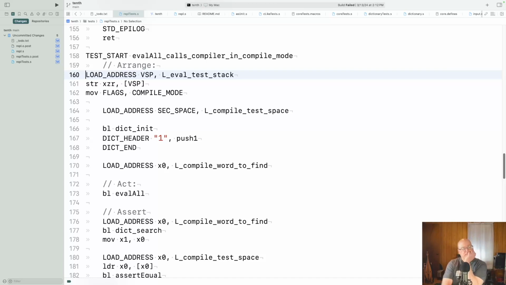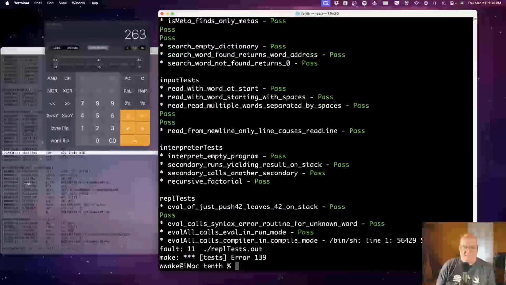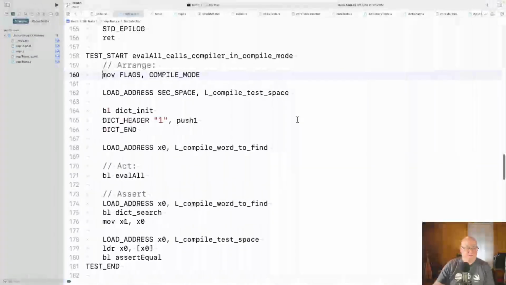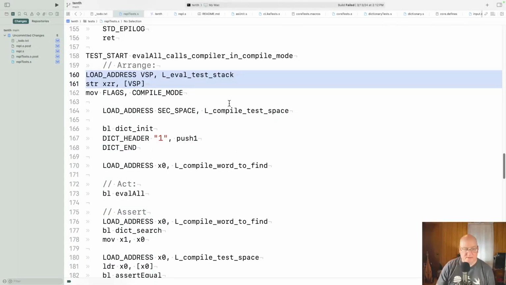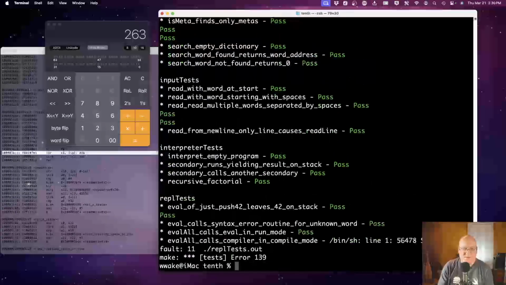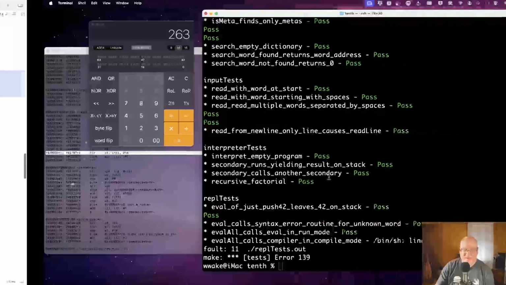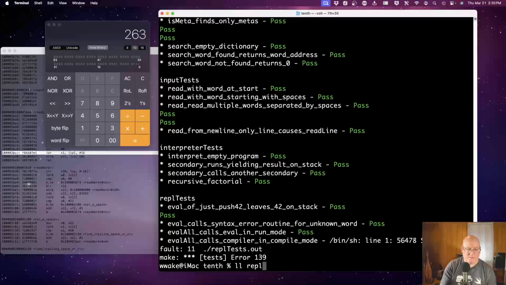VSP, I don't think we need that either. So we don't need that one, but it's got to be put in compile mode. That makes sense. All right. Let's check all these, make sure they're all, no, okay. All right, I'll do it the quick way. LL REPL to